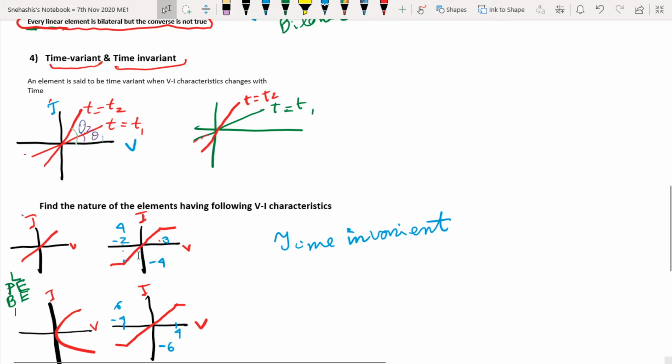Let's look at diagram number 4. Here you can see that obviously it is a nonlinear element, it is not maintaining any straight line criteria. Second, it is again covering the first and third quadrants, so it is also a passive element. But in the third category, in the third quadrant the slope is minus 4 by minus 2, that is 2, whereas in the first quadrant it is 4 by 3, so 1.33. The slopes do not have the same magnitude, so it is a unilateral element.